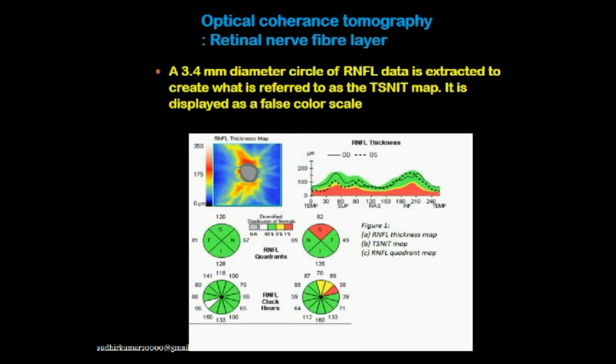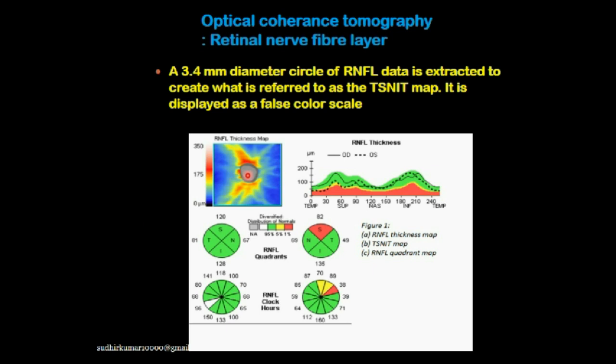This is an OCT chart, that is optical coherence tomography chart, showing retinal nerve fiber layer thickness. As we know, in glaucoma the ganglion cell is lost, and so its axons, that is the retinal nerve fiber layer, are also lost. So that thick layer gets thin in the area of nerve damage. And as we know, all the retinal nerve fibers converge on the optic disc.